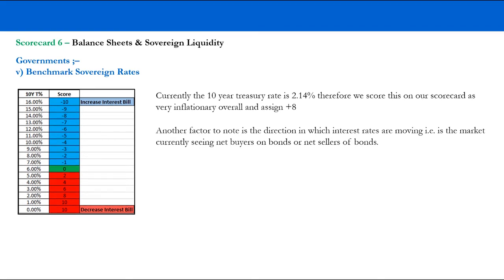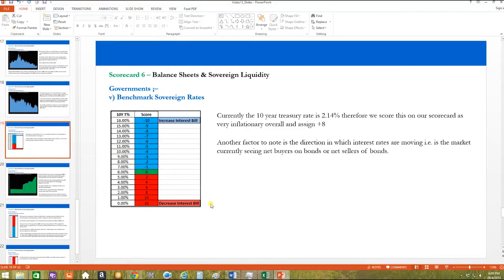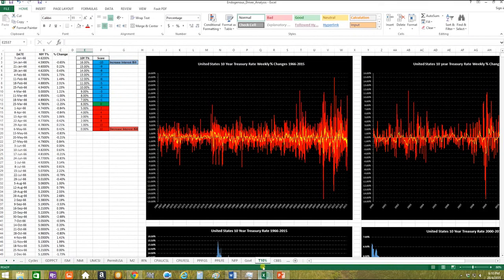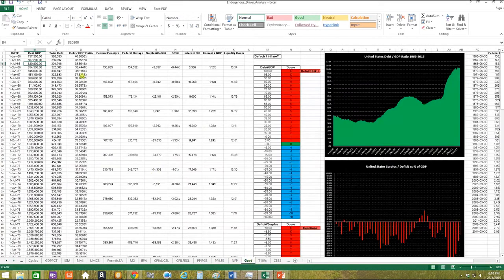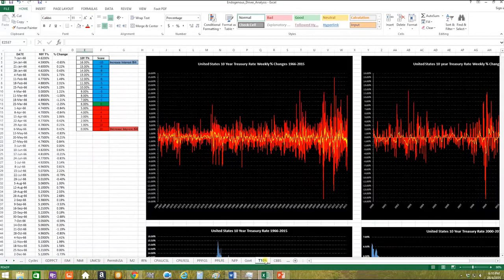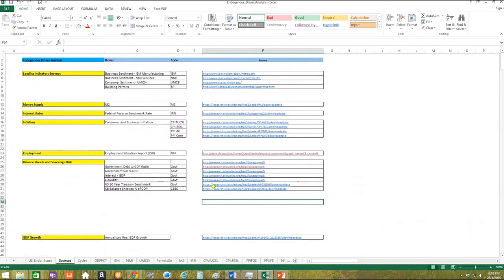And we can actually go into the spreadsheet to just quickly have a look at the data. Again, this is something you should be getting fairly familiar with now. The tab that we're going into is the T10 percentage tab, so not the government tab. We're going to look at the Treasury data in the T10 percentage tab, and we've downloaded this data from our sources over here. So you can go to the link again and go to the St. Louis Fed to download the weekly 10-year Treasury data.